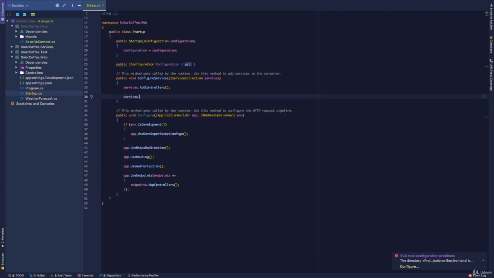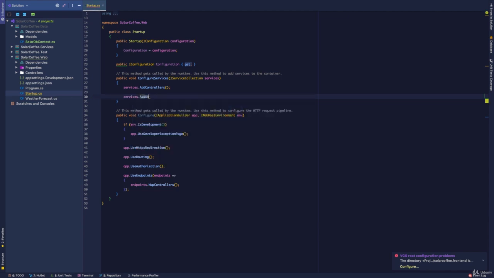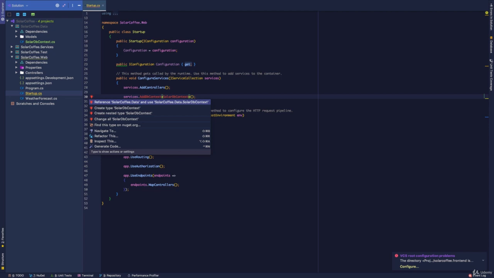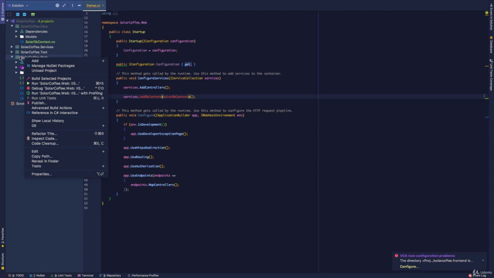do is add a line here for services.addDBContext, and we'll need to provide our SolarDB context here as the type. We'll have to make some imports here. So first of all, we can reference solarcoffee.data and use solarcoffee.data.solardbcontext. If you don't have the key binding there to do that, then if we right click on the project